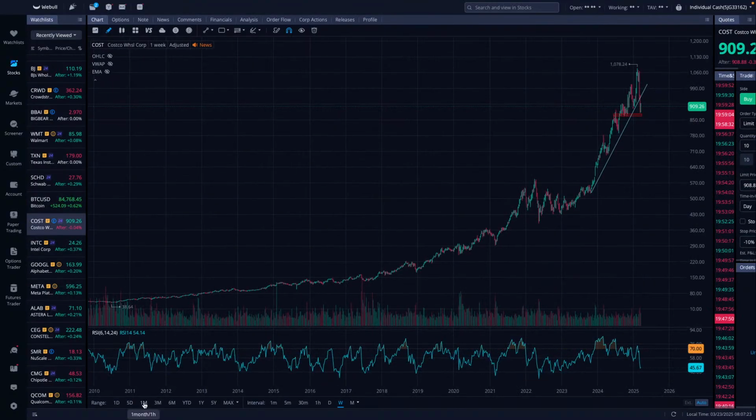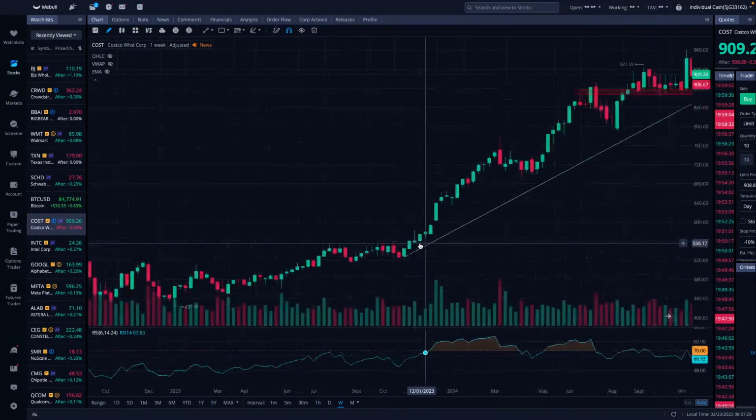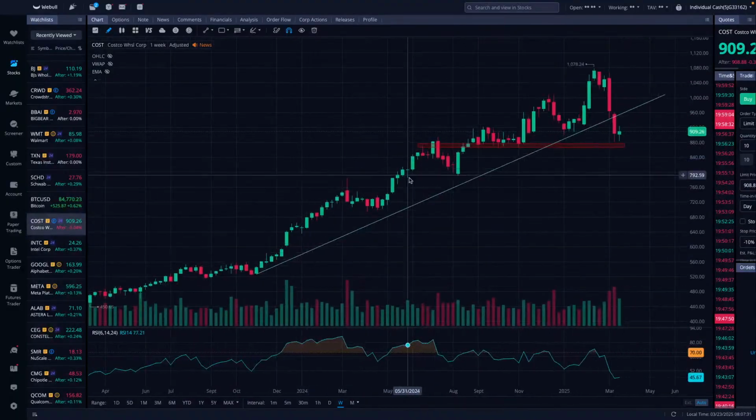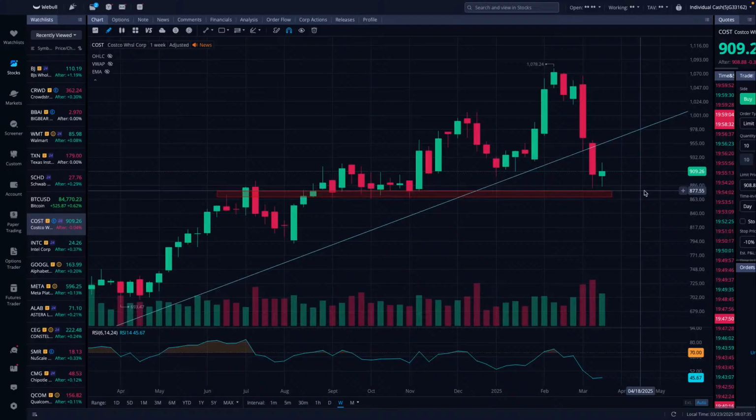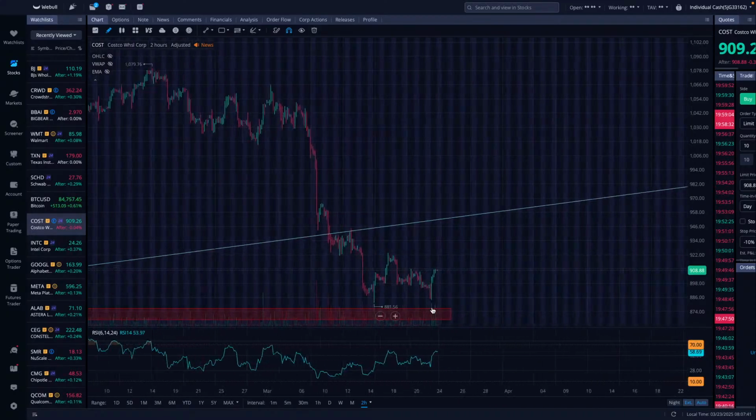Costco stock finding its footing. This is what Costco does. Costco is one of those stocks that just seems like it only goes up at this point. It's trading on this upward trajectory right here, and it is finding support at this level of $887 per share. And what it did, which was really nice, is hold this level.